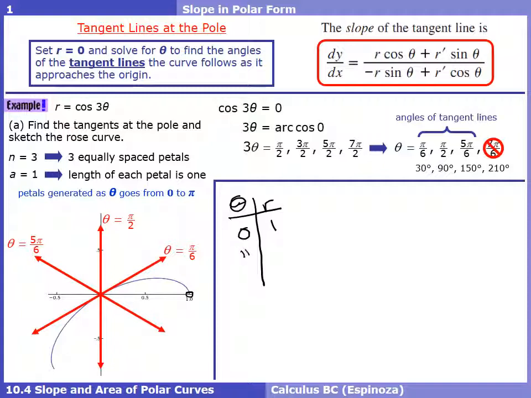If I chose my next angle to be pi over 6 and plug it in, that would be 3 times pi over 6, or pi over 2. The cosine of pi over 2 is 0, so the next point we would plot is this one, and you can see that's why we're getting this first part of the petal. The next theta I suppose I can pick would be pi over 3. If I plug in pi over 3 into my function, I'll get cosine of 3 times pi over 3, or just cosine of pi, which is equal to -1, which is why we're being put somewhere out over here